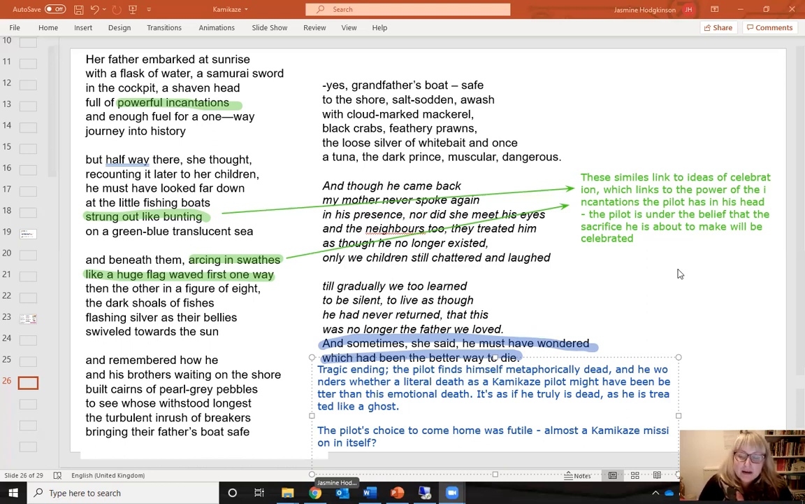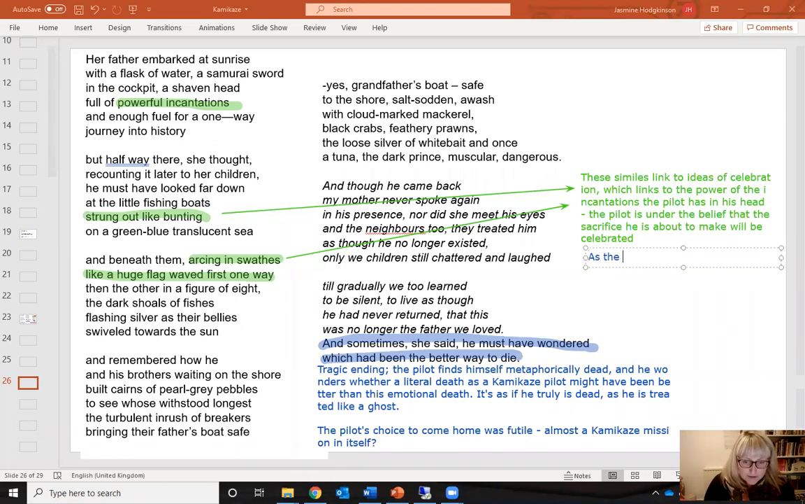The pilot is under the belief that the sacrifice he is about to make will be celebrated. So what we're looking at again is the influence and the power that the military has on him. Okay, but it's also interesting to note that these similes tend to feature at the beginning of when he begins to take notice of the nature around him. And interestingly, references to things like celebration, these incantations, they drift off. You don't see any more of them throughout the poem, but obviously, this is where he's beginning to take note of nature. So it could almost be noted, and I will actually add this onto the screen,